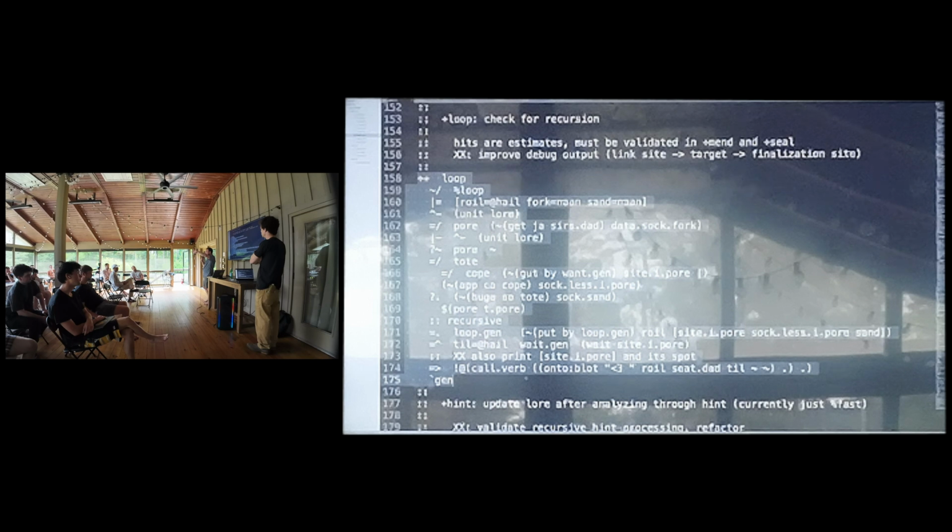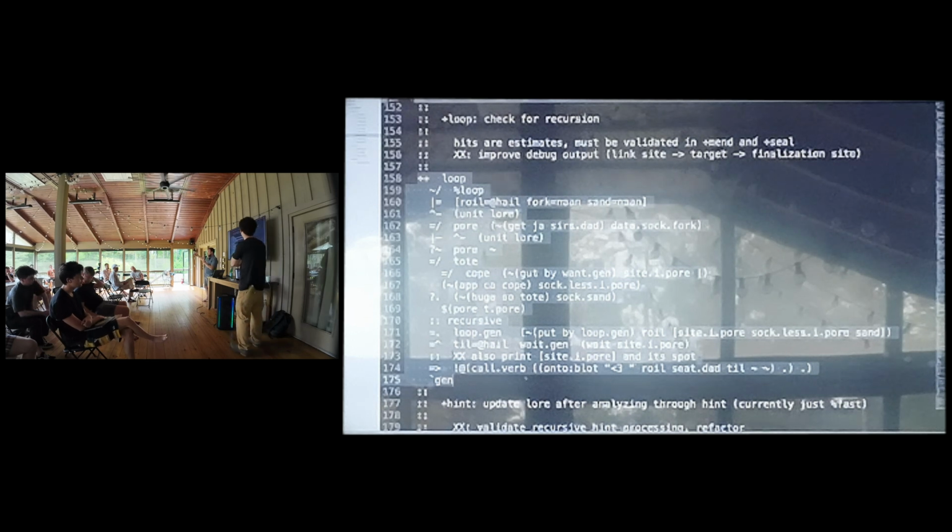And you check if that sock is compatible with the sock that you know at your current call site, right? So do you know at least as much at your current call site as what that sock says you know at the previous call site? And at all the places where they both know things, are they equal? Right? If,